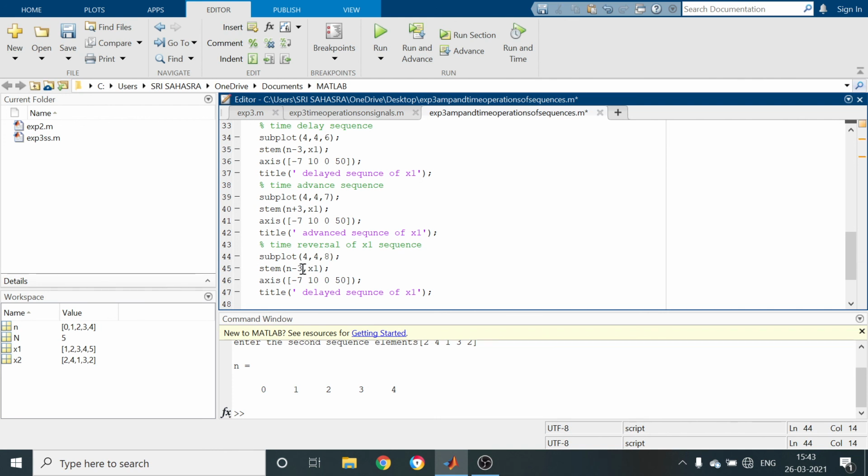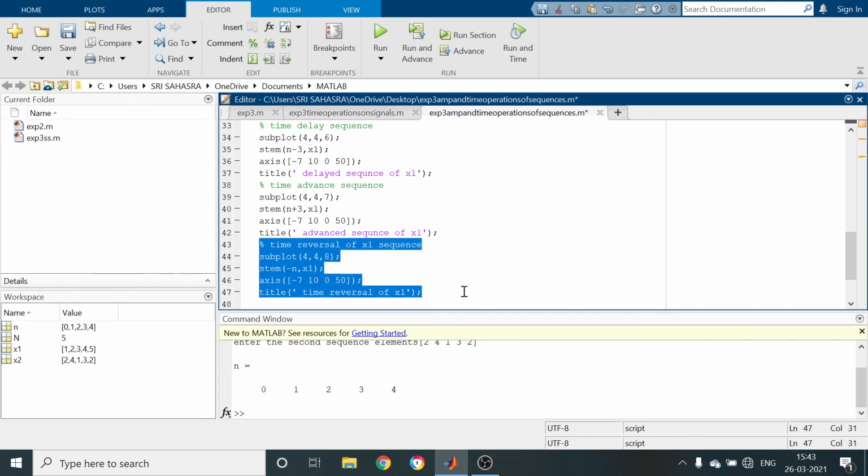So here we have to write minus n of x1. Title as time reversal of x1.